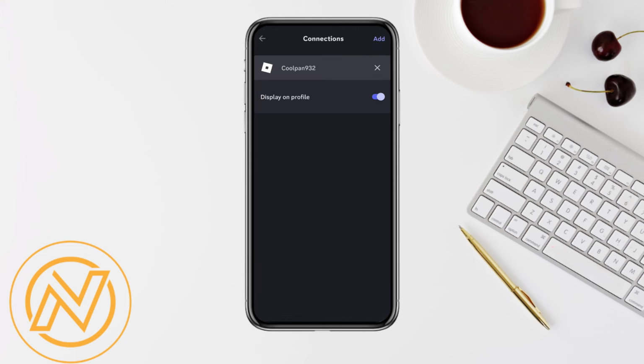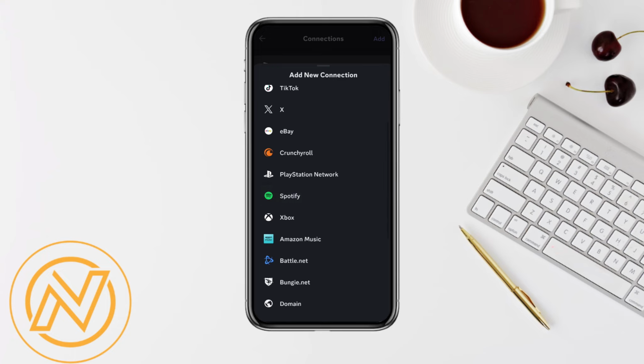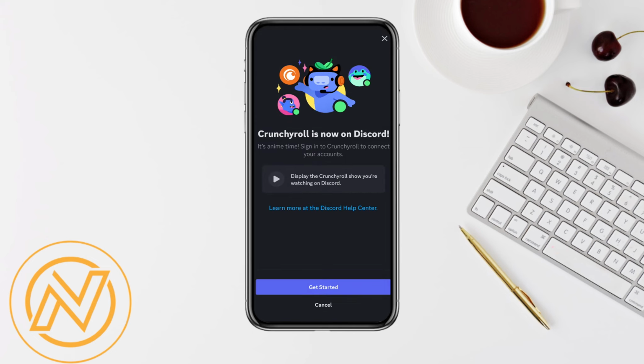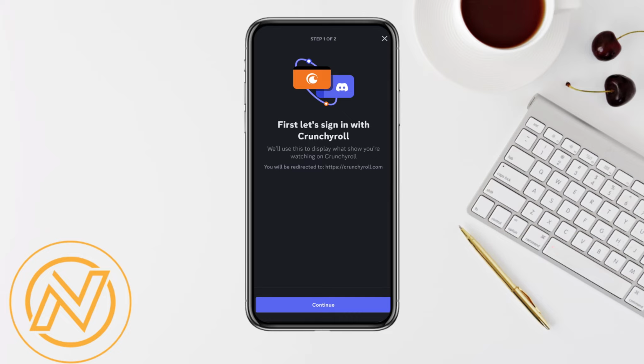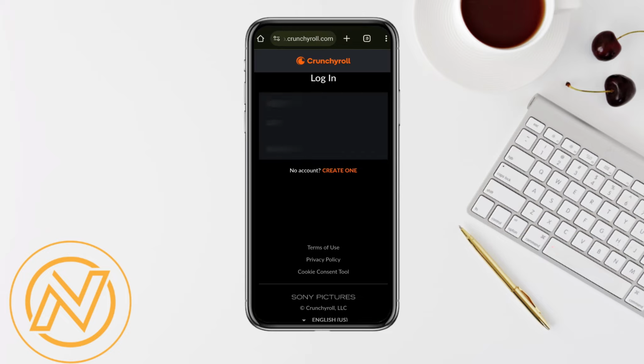And now just simply click on add from the top right corner again, and over here under the add new connection you will be able to see the option called Crunchyroll. Just simply tap on it, and now it will ask your permission to get started in order to connect both these accounts successfully. Just simply click on continue,